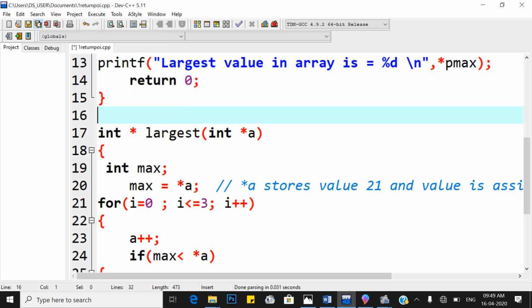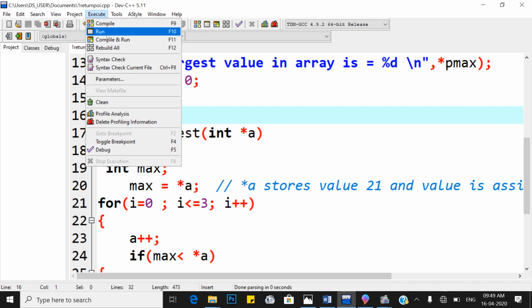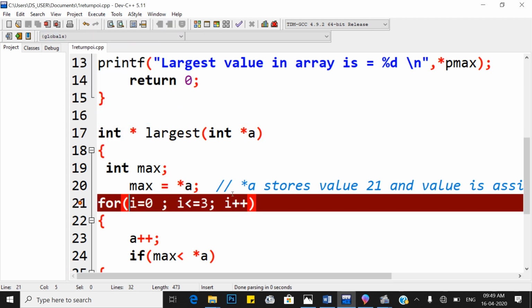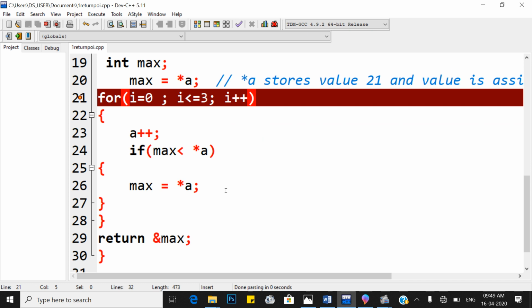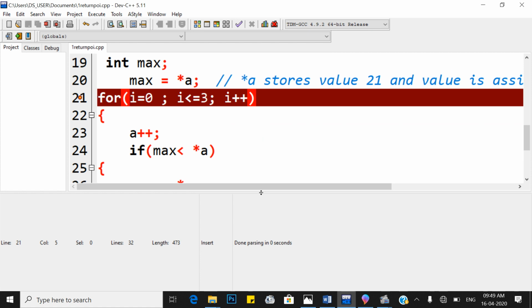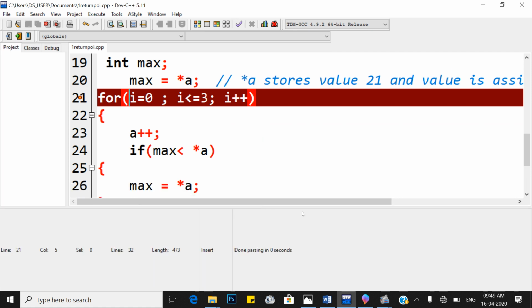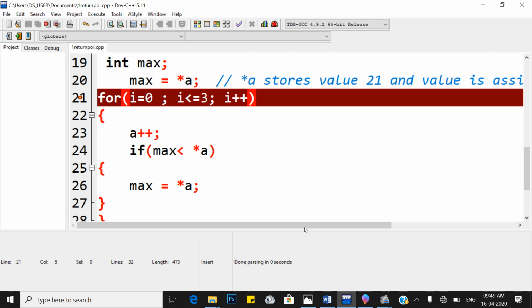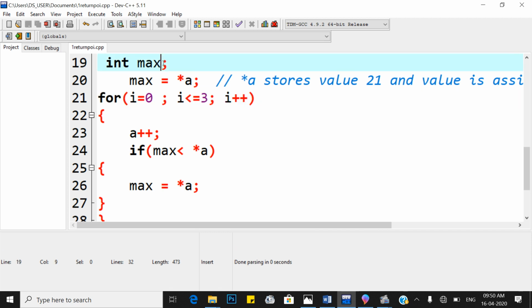So again save it, run, and compile it. So after compiling, what happens? Okay, let us expand this error box. I is not declared. Actually what happens is I is not declared. So declare integer I. We have to declare it.